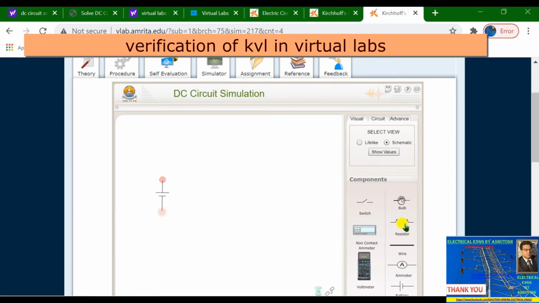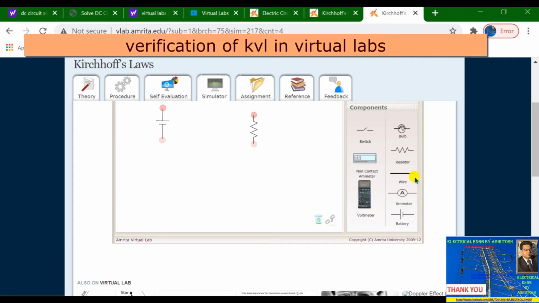Now select two resistances. One resistance will be connected here and another resistance will be connected here, and just rotate this resistance like this. Now just select wire. This is the wire through which we are going to connect.